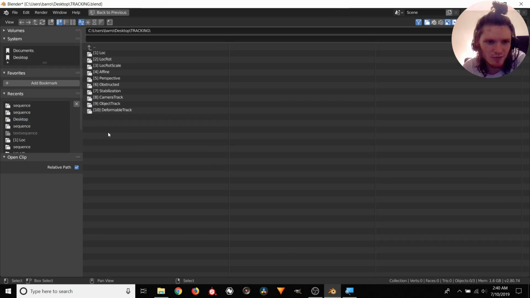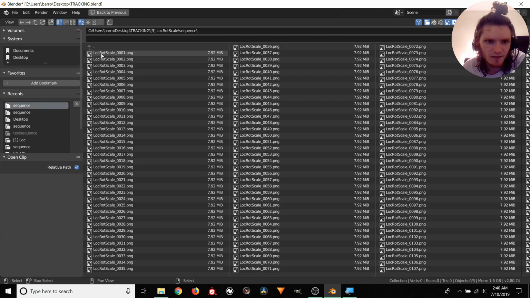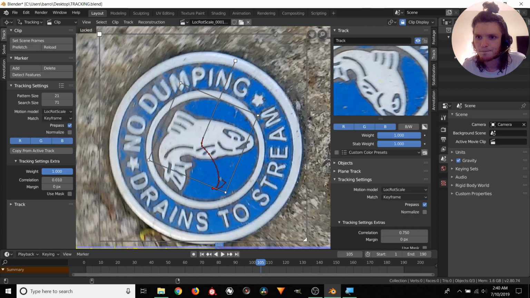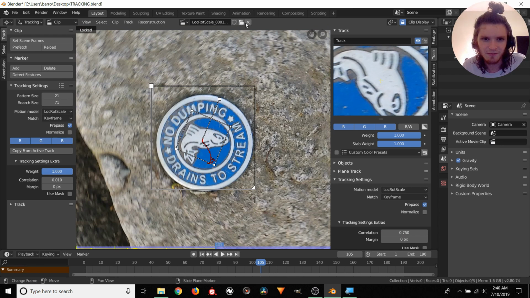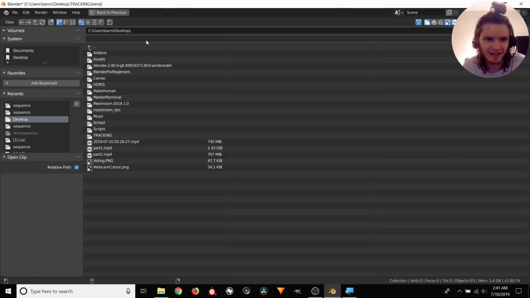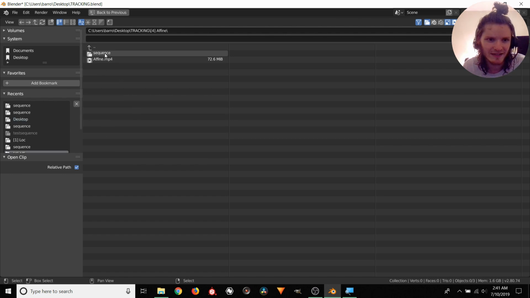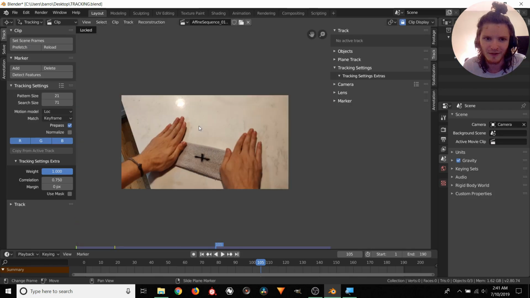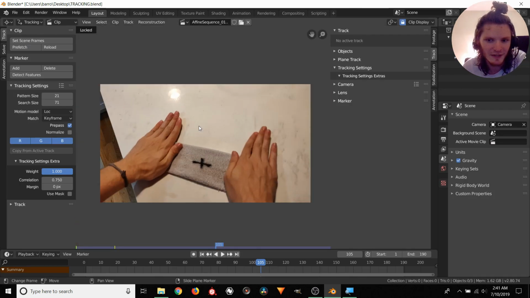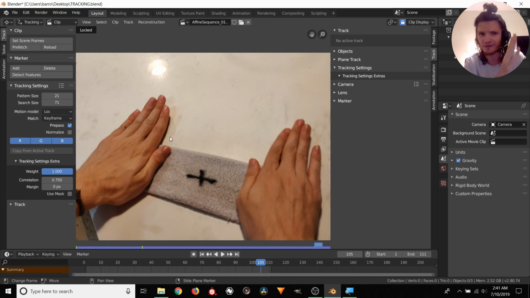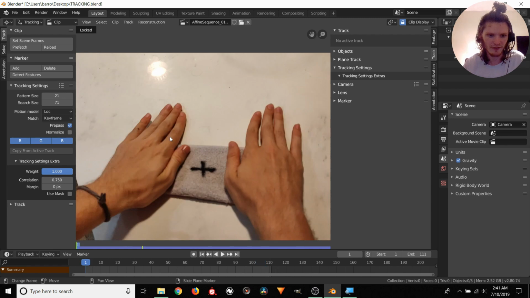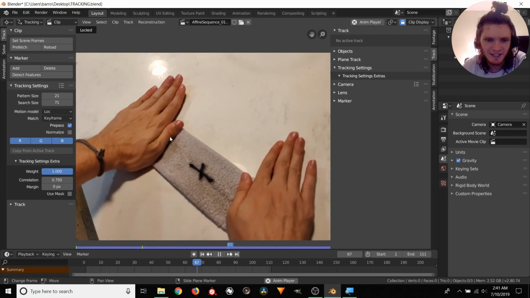We're going to import in the sequence. Did I just import in the same thing? I think I just did. Let me try that again. Where is it? Tracking, Affine, sequence, import. There we go. Okay, so first thing we need to do, set scene frames 1 to 111 and then prefetch. So I cut out the beginning of the footage that had all the setup and the end where I moved my hands off of it, and what we are left with is just the stretching and the skewing,